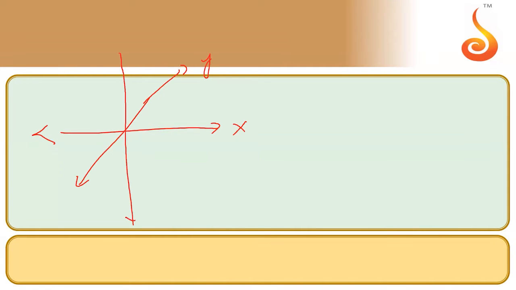Yes. So the real world is three dimensional. Let me call this, with your permission, the x-axis, the perpendicular to be the y-axis, and the third to be the z-axis. Now in my question, it has been told that the normal is pointing in the i cap plus j cap direction. I cap and j cap means the i cap and j cap components are both positive and both are equal also.